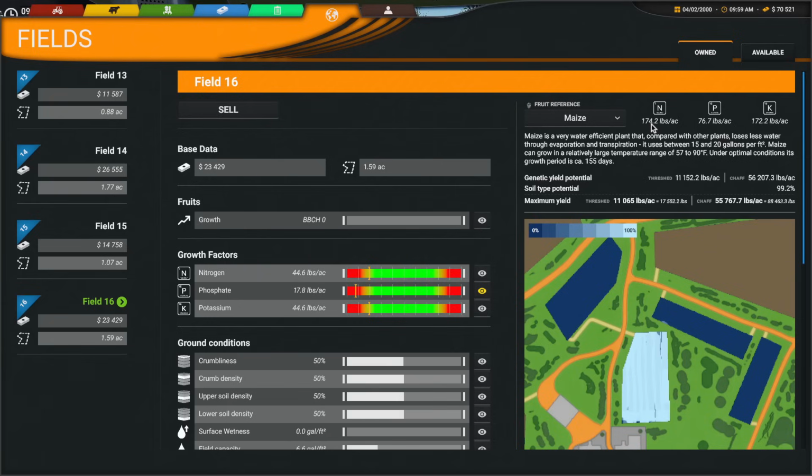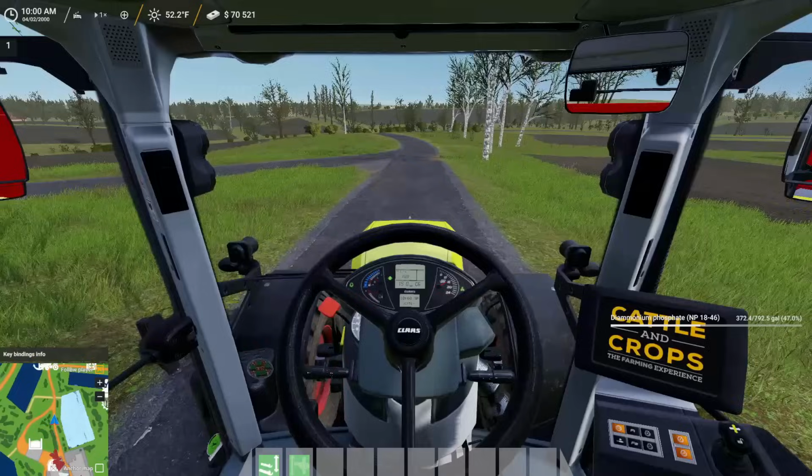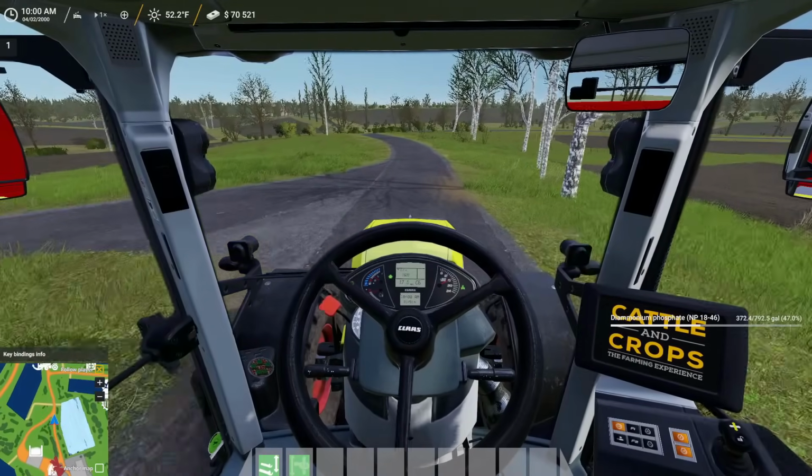But looking at it, we want to get 175 pounds of nitrogen, 76 pounds of phosphate, and 172 for potassium. You can see I tried putting phosphate on this one field, and we went way above the line, as shown right there. I've been playing around on this game for just a little bit to try and figure out some